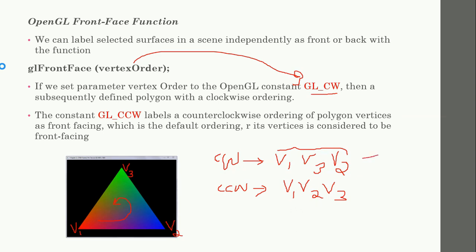Remember that if you mention counterclockwise order, then you are defining the front face of the polygon. Suppose you mention GL_CW, then you are mentioning the back face of the polygon. So based on the order, you can define the front face as well as the back face of the polygon.